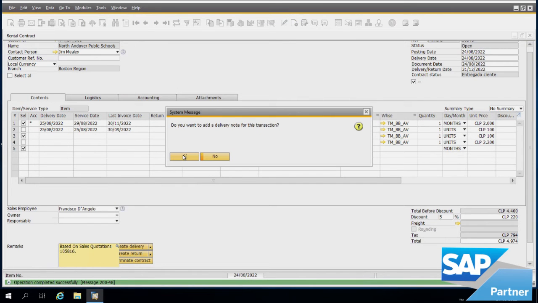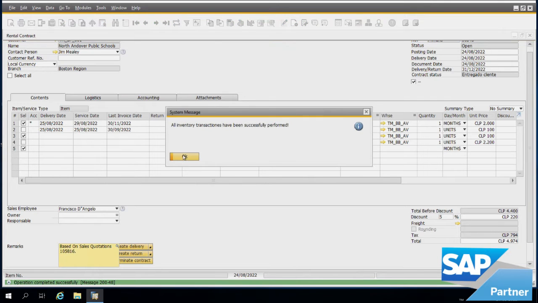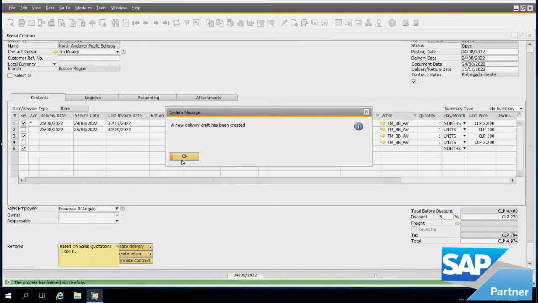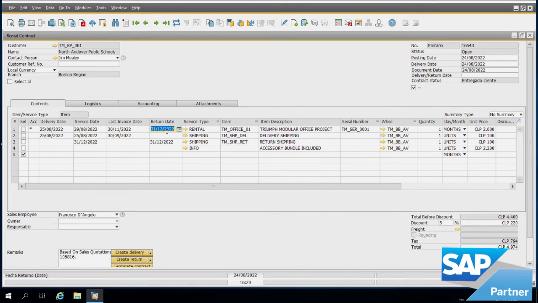So the final message here is all inventory transaction has been successfully performed. Okay, a new delivery draft has been created. Once I refresh my document, there is now a return date